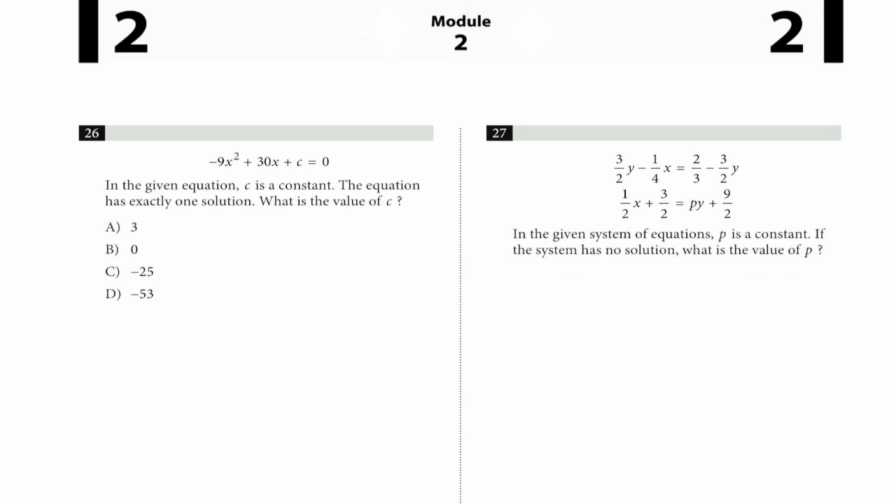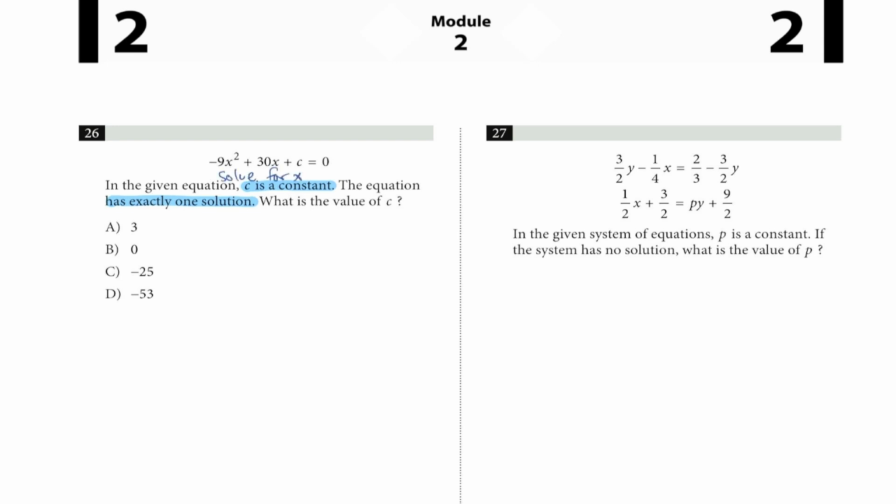Number 26 says in the given equation, C is a constant. The equation has exactly one solution. What is the value of C? So this question, there are some key terms here. C is a constant, and they told us the number of solutions. If you are ever told that you have a constant, and you're told that you have a certain number of solutions, could be 0 solutions, could be 1 solution, could be infinite, then what we are usually going to want to do is solve